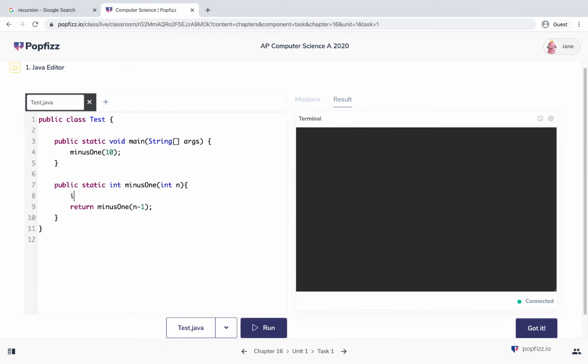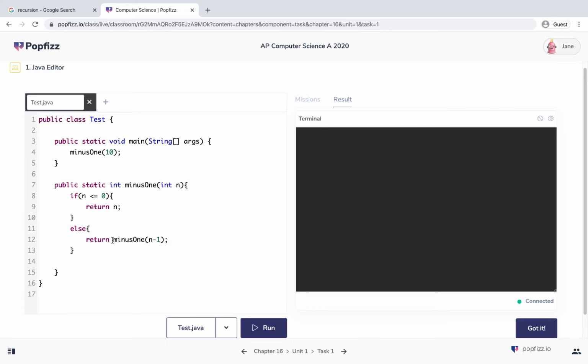We're going to add a base case that says if n is less than or equal to 0, and of course you can insert spaces if you'd like. Open a curly brace, return n. So this means that if n is equal to 0, then return 0. And your method call will be completed when you run the return statement. Else, open the curly brace. I'm going to copy this return statement and insert it in the else statement, which is saying if n is not less than or equal to 0, then keep calling -1 method and pass